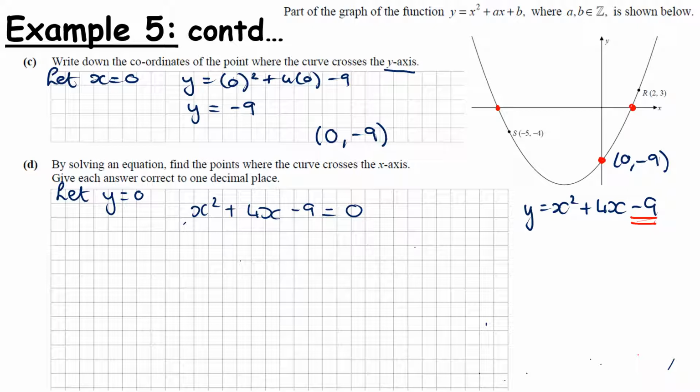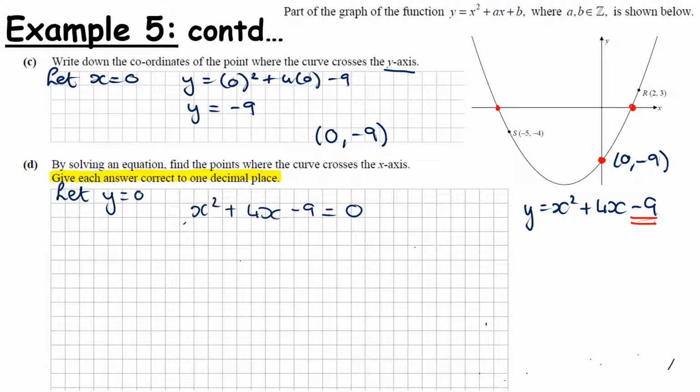So notice that the question said, give each answer correct to one decimal place. If you can remember back when we were working through the algebra module, what we said was if there was ever a quadratic that gave you a hint such as correct to so many decimal places or in surd form, it was important to note that this was a big hint to you, telling you that you had to use the quadratic formula. So the quadratic formula is also known as the minus b formula, and it's found on page 20